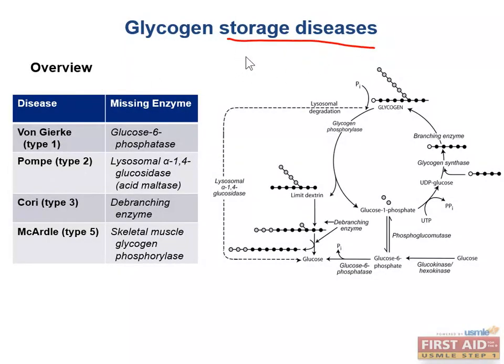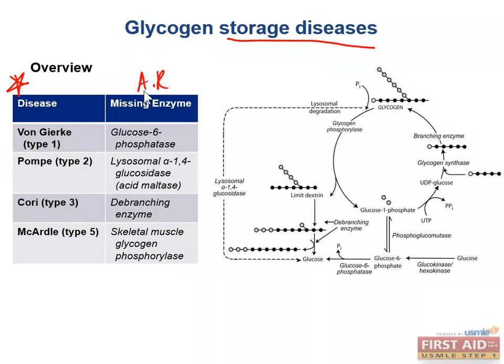These are caused by abnormal glycogen metabolism, which will cause damage by allowing glycogen to accumulate to toxic levels in cells. Now, there are 12 glycogen storage disease types, but we'll review the 4 most commonly tested ones, because that's what we're here about. We're here about test points. Now, all 4 of these are going to be autosomal recessive